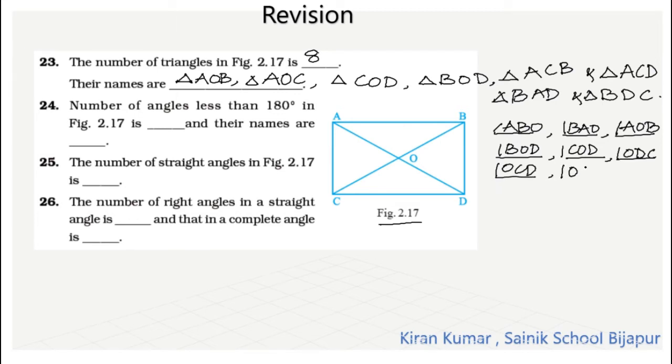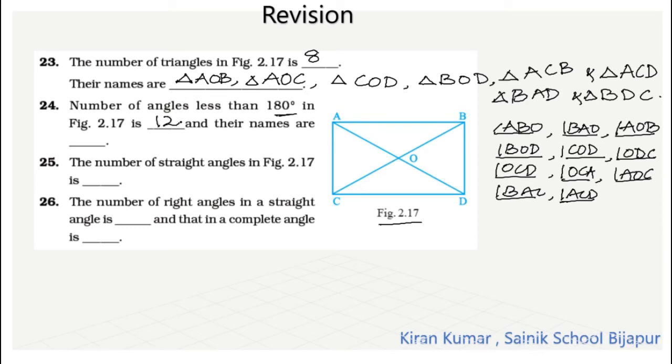Angle OCA. Angle AOC. Angle BAC. Angle ACD. These angles are also less than 180 degree. Angle ABC is 90. Angle ACD looks like 90. Sorry, BDC is also 90. So likewise, if you count the number of angles here,